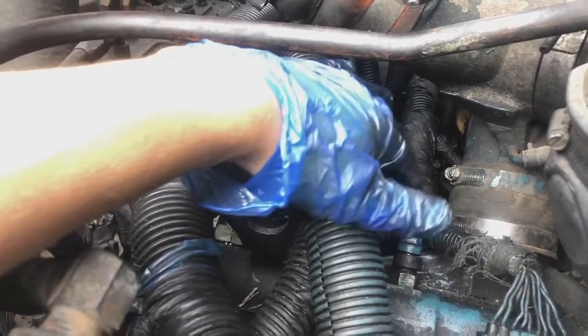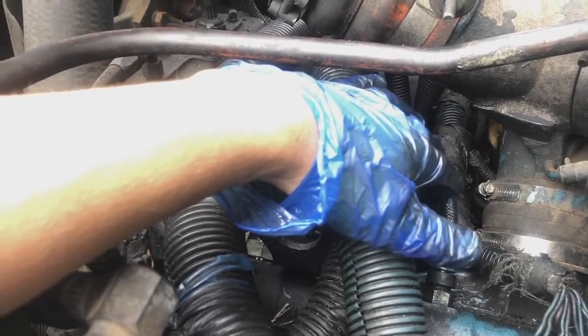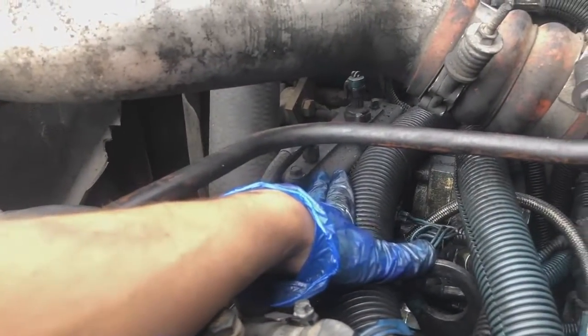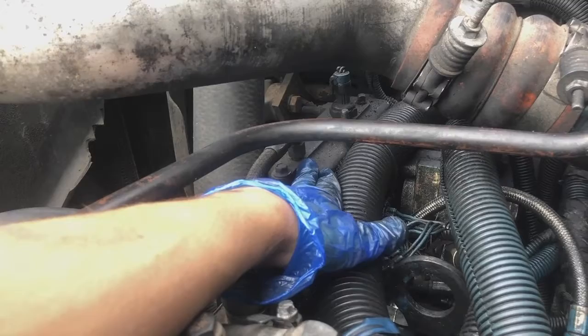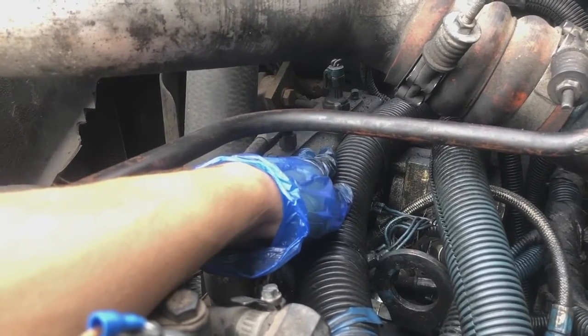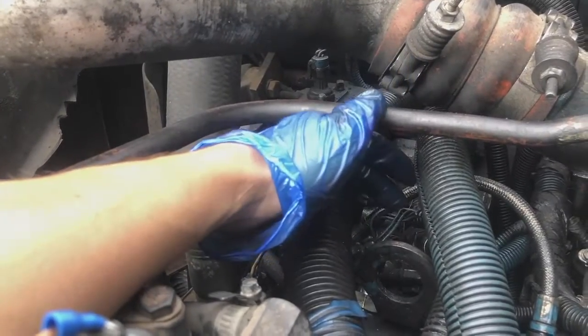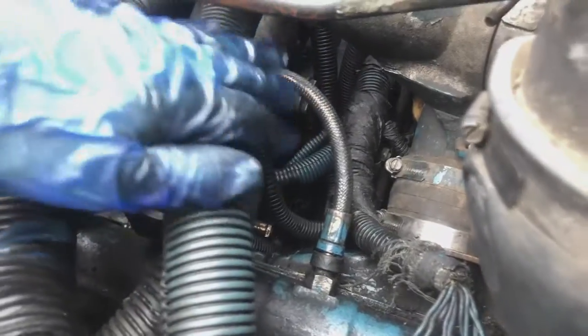If that doesn't do it, I'm gonna have to check the oil reservoir, and I'm gonna change the oil on the bus. And if that's not it, then it could be electrical stuff, because right here, back here in the IPR,